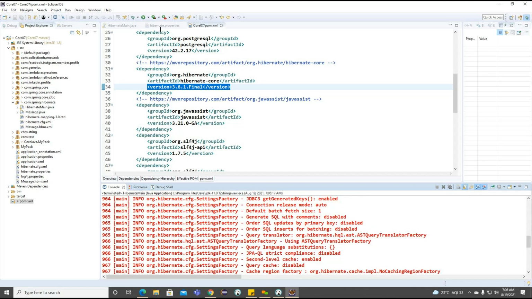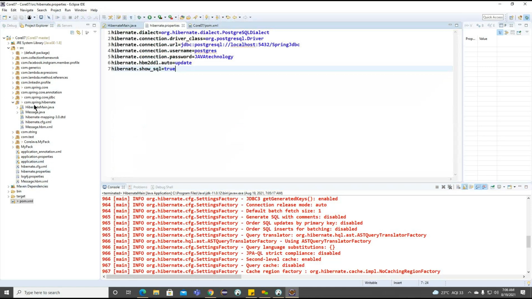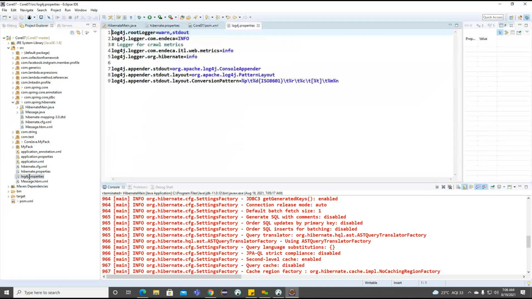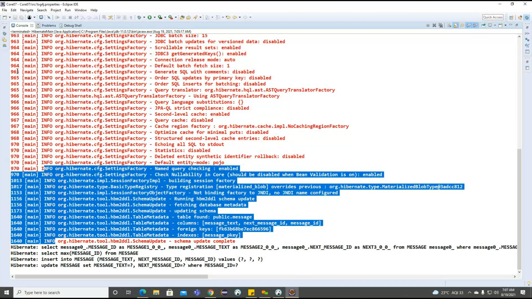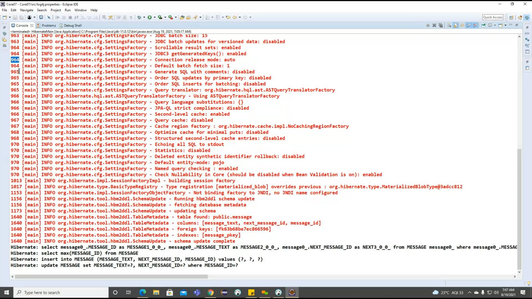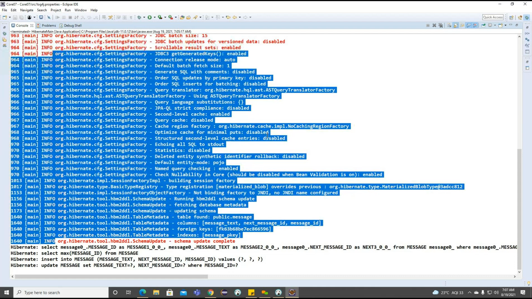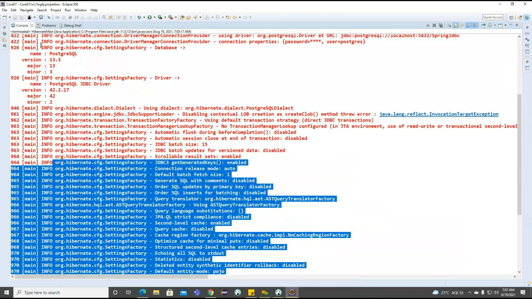To find out this information, we provided log4j.properties, and there we set the level as info. So now all the messages we get are at info level. This is the particular thread ID; the main thread is running, and this is all the information here. Getting the point? Other than the information, we are not seeing any other messages here, right?